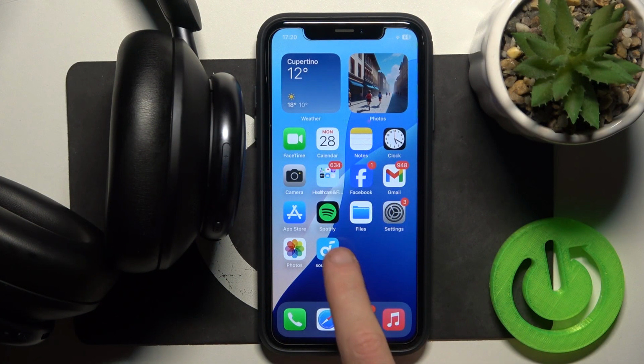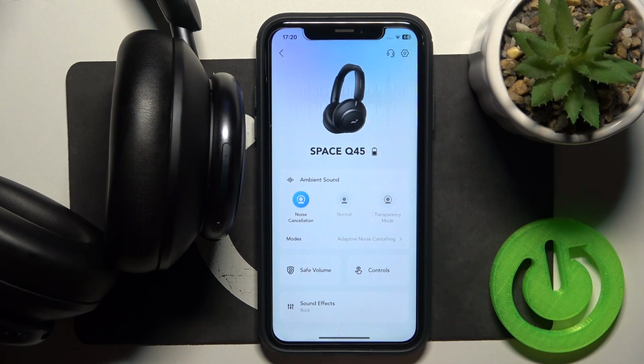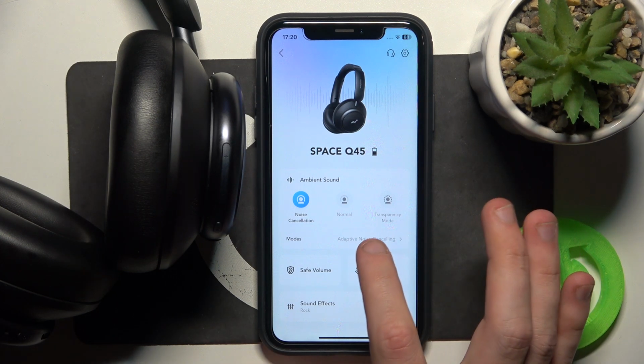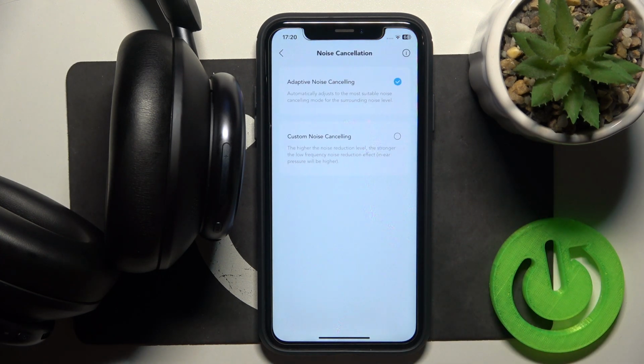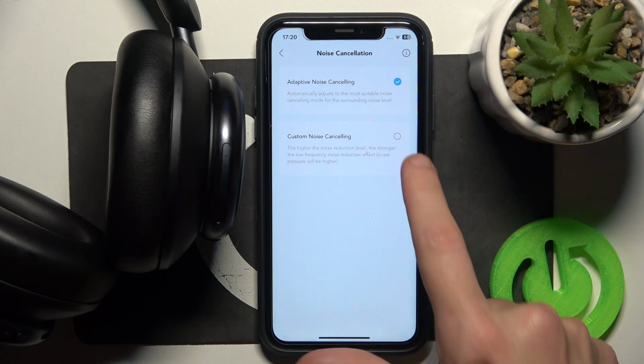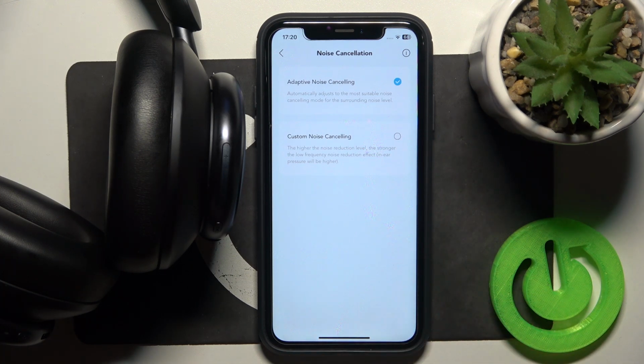You have to start by opening the application. Right now we choose ANC mode, so click under it. And you have two options, either adaptive noise cancelling or a custom one. If it's adaptive, it just adjusts